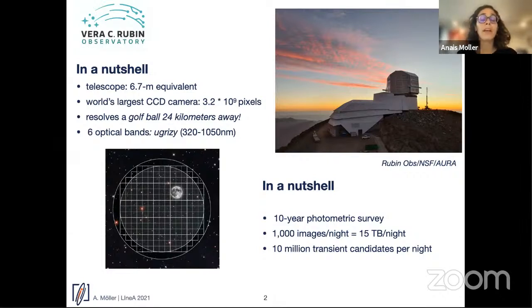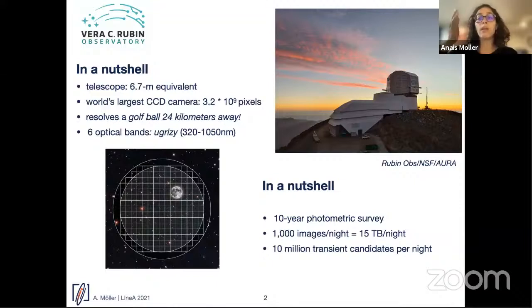later than that. Not only is the telescope very large, but it has the world's largest CCD camera with 3.2 by 10 to the 9 pixels. And the resolution of this camera is great, so that you can resolve a golf ball 24 kilometers away. Now, the idea of LSST is to make a photometric survey of the sky.